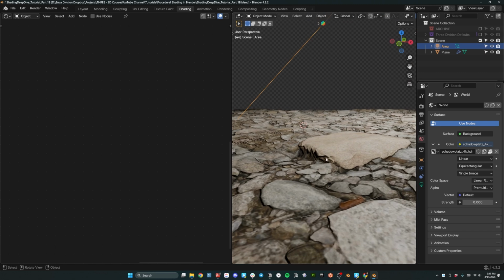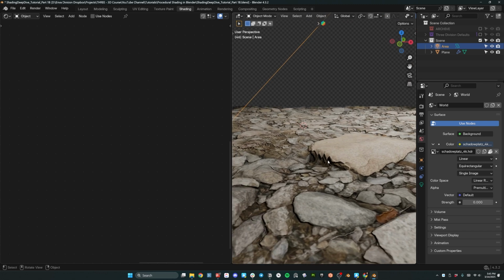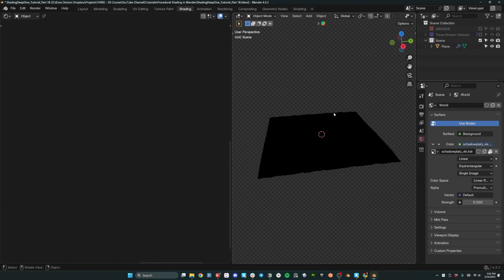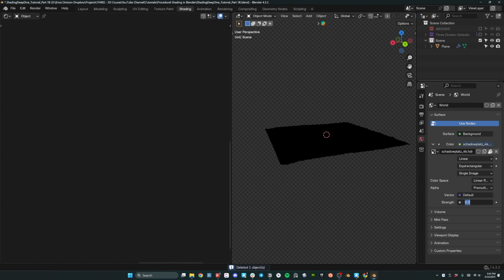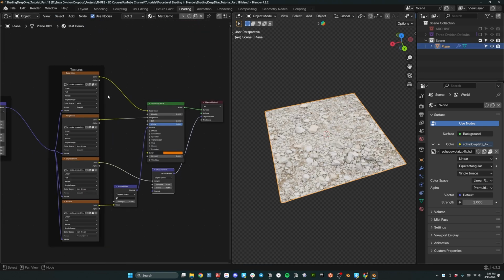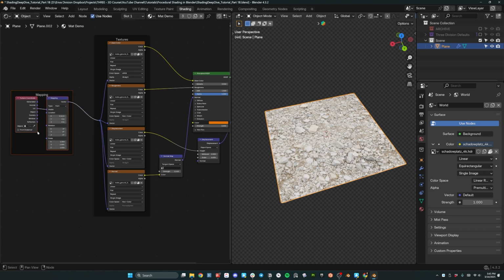In fact, there's another type of displacement that allows you to get the curvature underneath these kinds of objects with VDB displacement. That's a different thing, and we'll talk about it some other time perhaps, but not this tutorial. Now, let's take a look at another way to bring in a PBR setup to